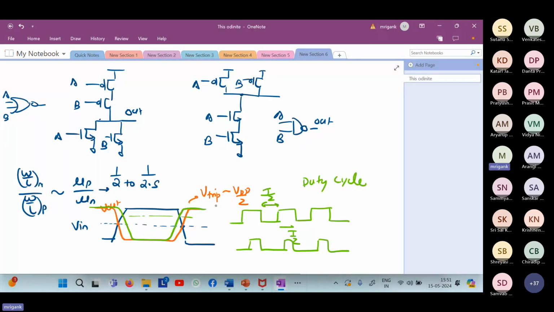Especially it is used for clock signals. So this is something like T on by T period. If T on by T period is exactly 50%, then it is a good clock. If it is getting skewed in one direction after passing through some digital circuits, it is going to distort this duty cycle. Ideally, it is good to have a 50% duty cycle clock. So another implication of trip point is this: if your signal is traveling through gates which have very skewed trip points, not close to VDD by 2, the signal will get skewed. Therefore, it is important that the gates are sized such that the trip point remains close to VDD by 2. Is that clear?